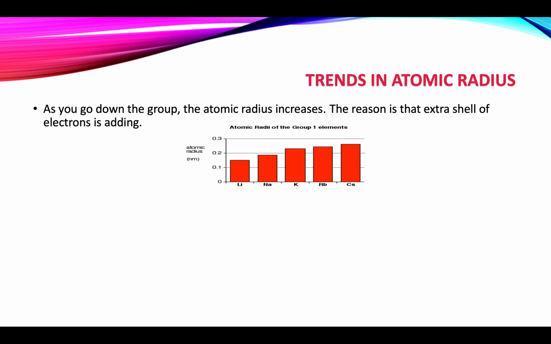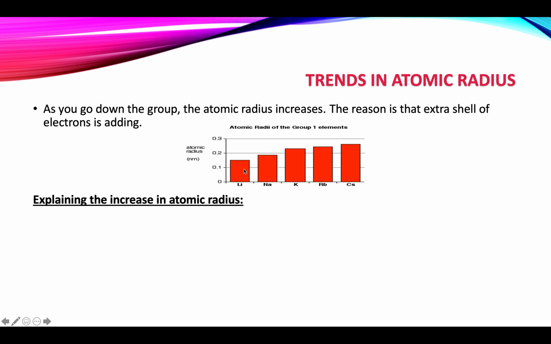Trends in atomic radius. The atomic radius increases from top to bottom in a group, as is clear from the graph: moving from lithium to cesium, the atomic radius is increasing. The reason is